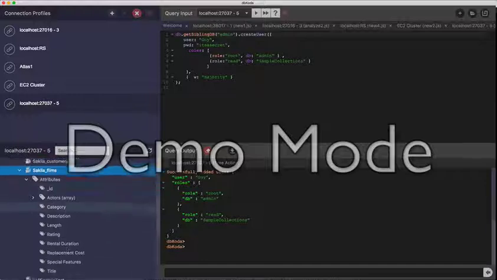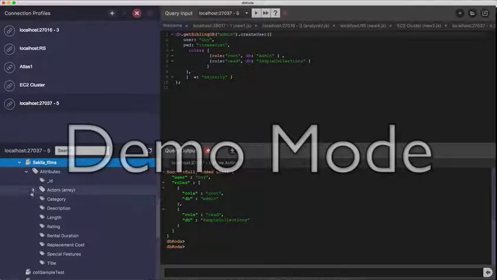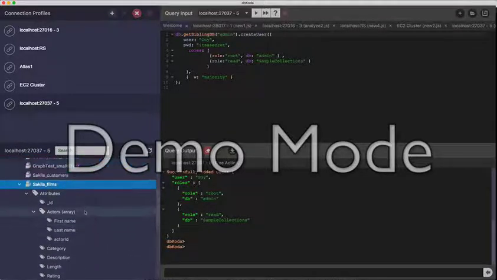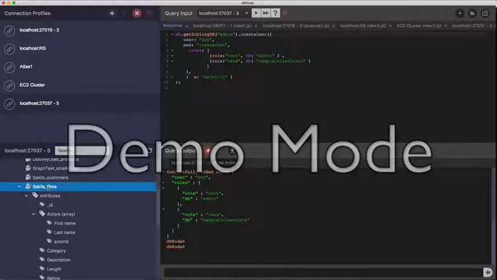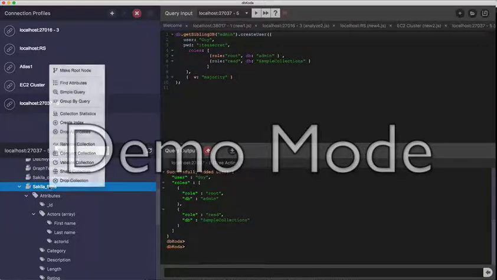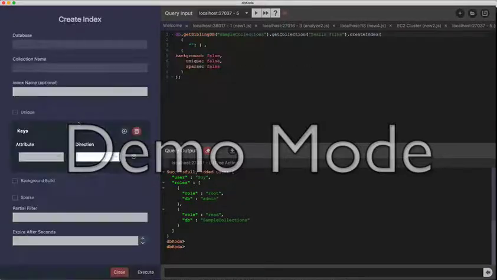These are the attributes that we found by sampling the schema. You can see we can show embedded attributes as well. And let's say that we like to search for films using actor names, so we might create an index on actor names. So let's say create index. We can give the index a name,